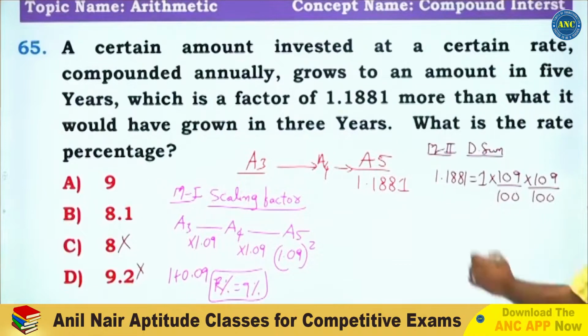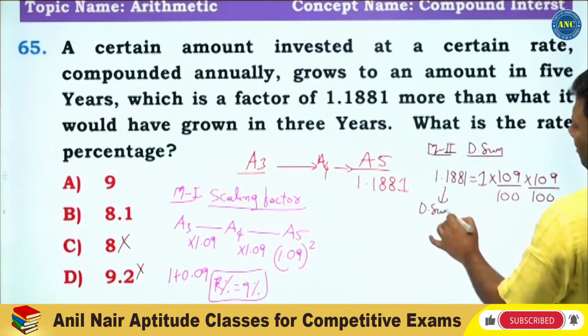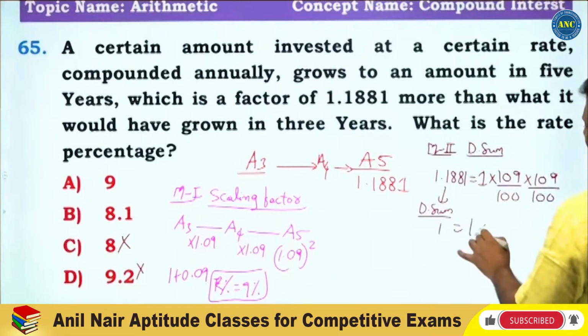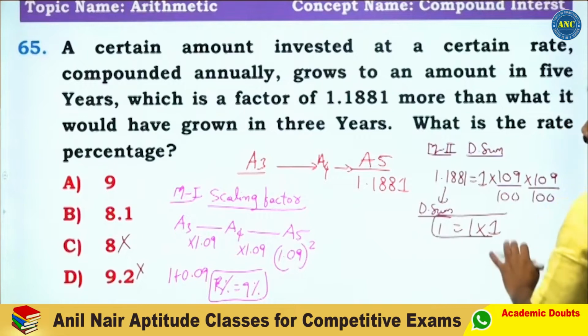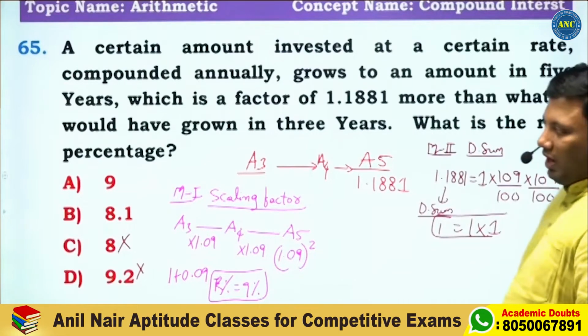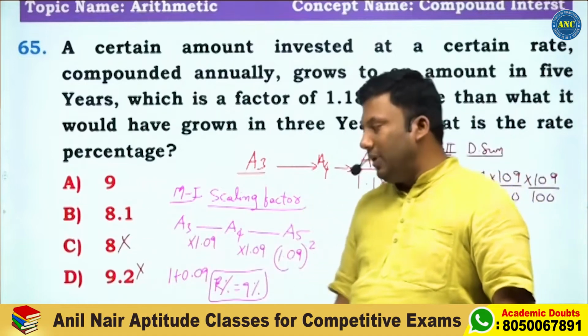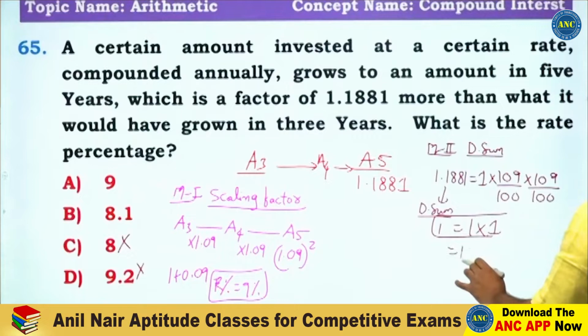So let us check by using digital sum. Digital sum for this question is 1. Here also it is 1. Here it is 1, 1. 1 equivalent to 1. Suppose, sir, why can't the answer be B? Why can't the answer be B? So see here, this 1 into